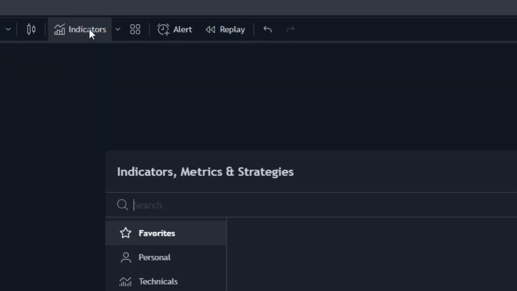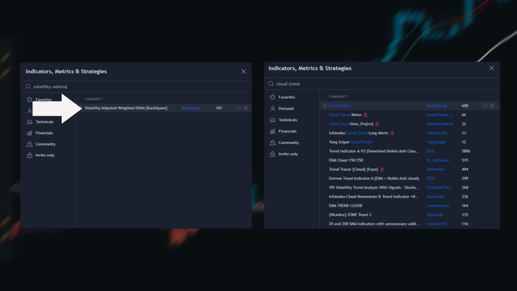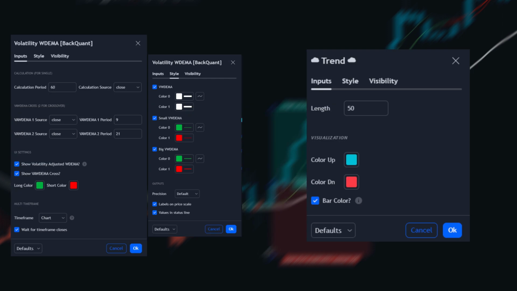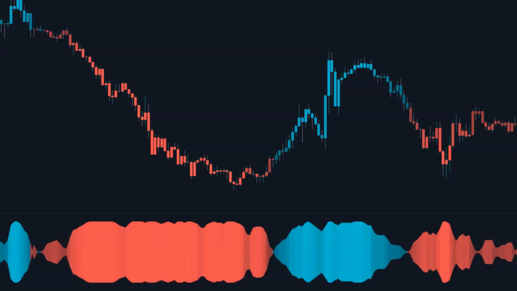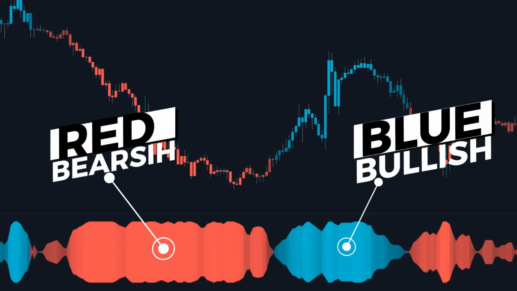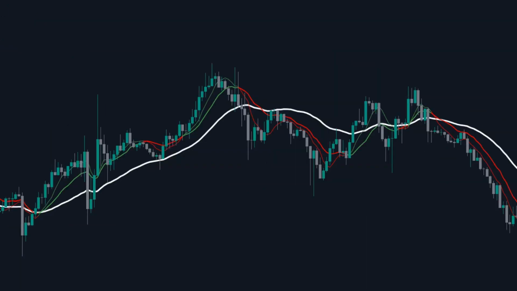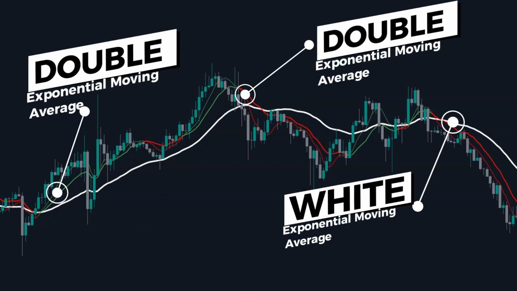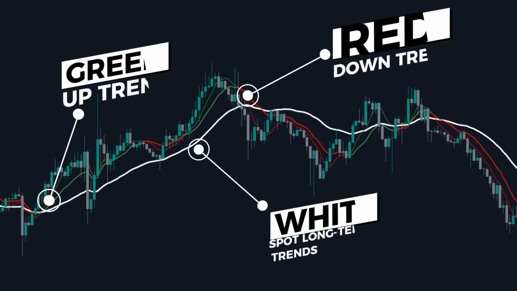We are on the lookout for two key indicators: volatility adjusted weighted and cloud trend. Here are the settings, so copy them exactly for our strategy to work. The cloud trend indicator is a robust tool designed to identify and follow trends in financial markets. The volatility adjusted weighted triple exponential is a technical analysis tool designed for traders, offering a more dynamic and responsive